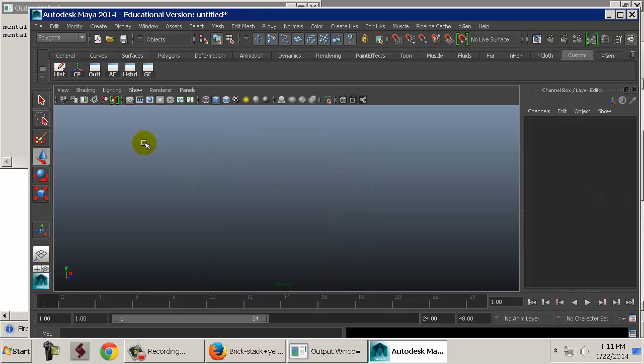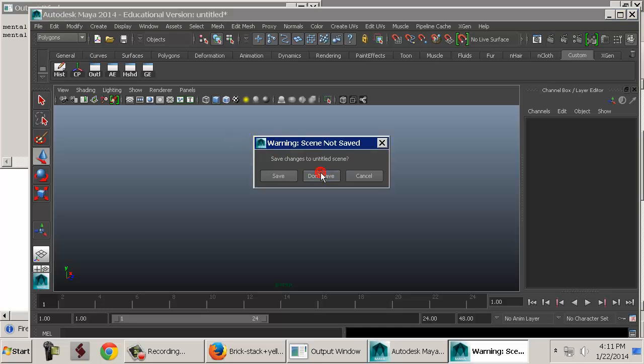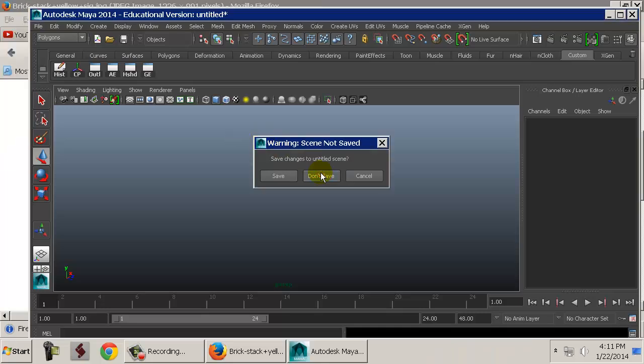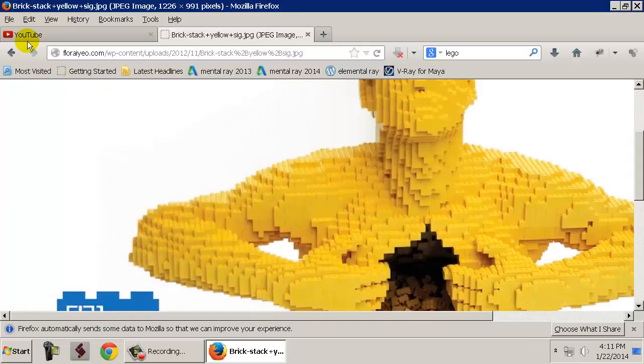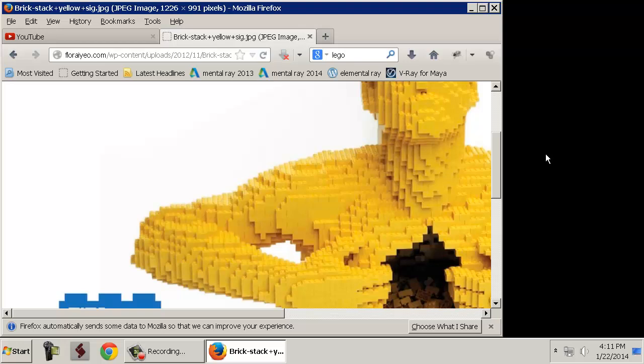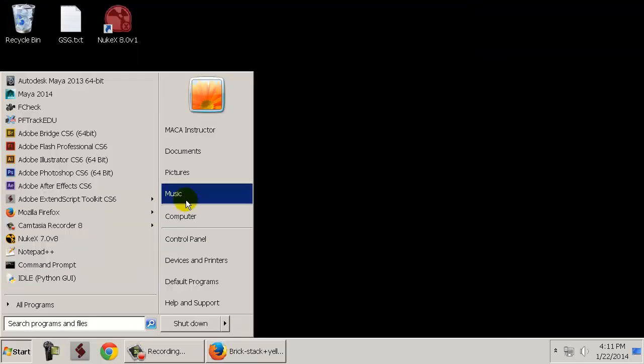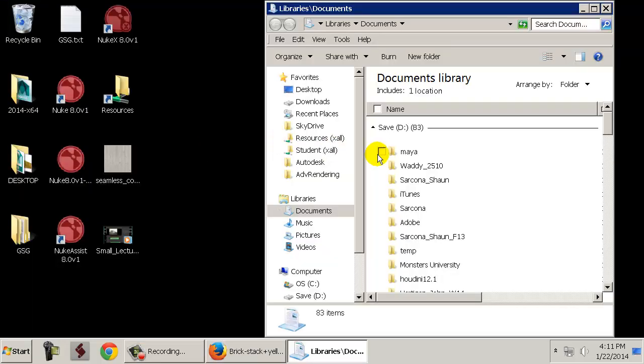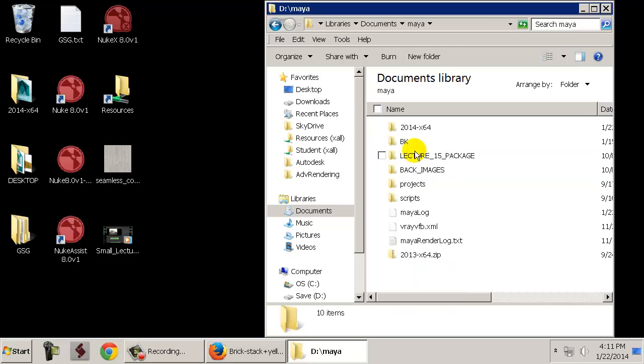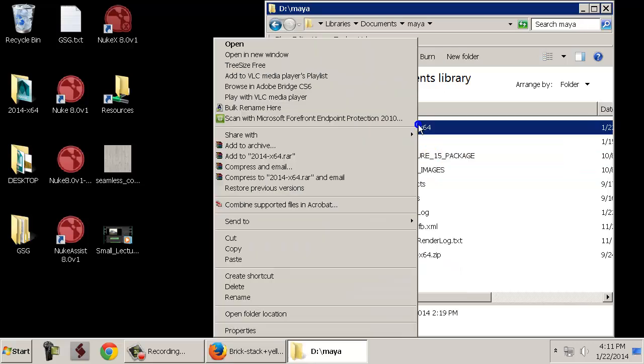So we can delete this. There we go. We're going to close down Maya. And we're going to back up our preferences before we leave. So we're going to go to Documents. We're going to go to the Maya folder. And we're going to right-click on the 2014. Make sure if you have multiple